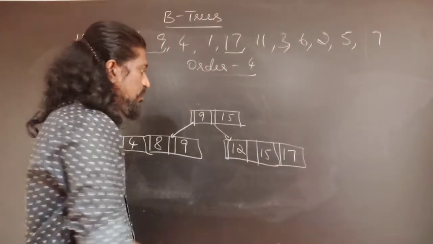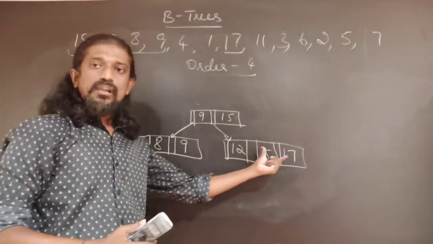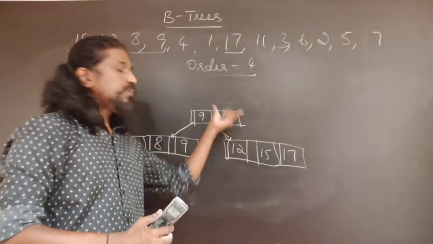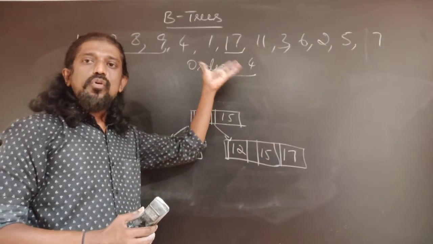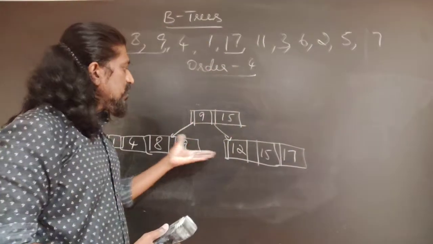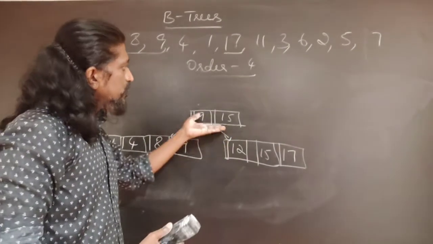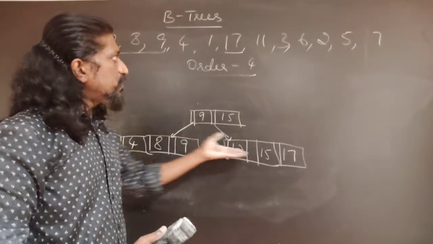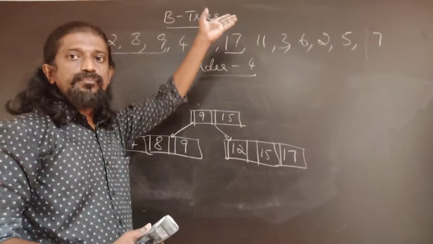When the key that we insert into a node happens to be the largest key in that particular node, then information about that has to be updated in the parent nodes also. That may be in one level or it may be multiple levels. We will see that the tree keeps on growing from the bottom, and it may split, even this root may split and a new root may be formed, and in this particular fashion the tree grows bottom up.